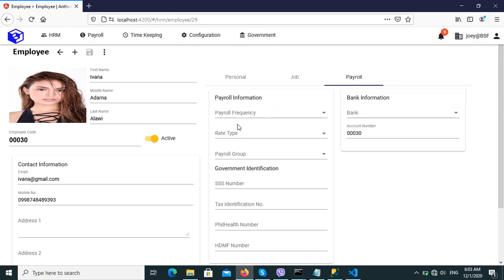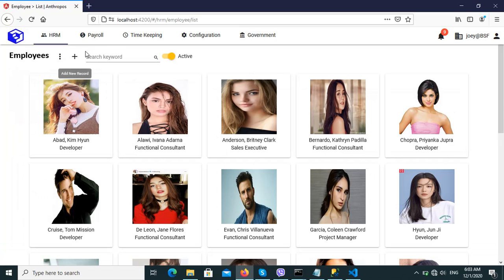So you can also specify the payroll information, like frequency, rate type, whether it's monthly or daily, and of course the bank where the employee can withdraw his salary. Okay, so